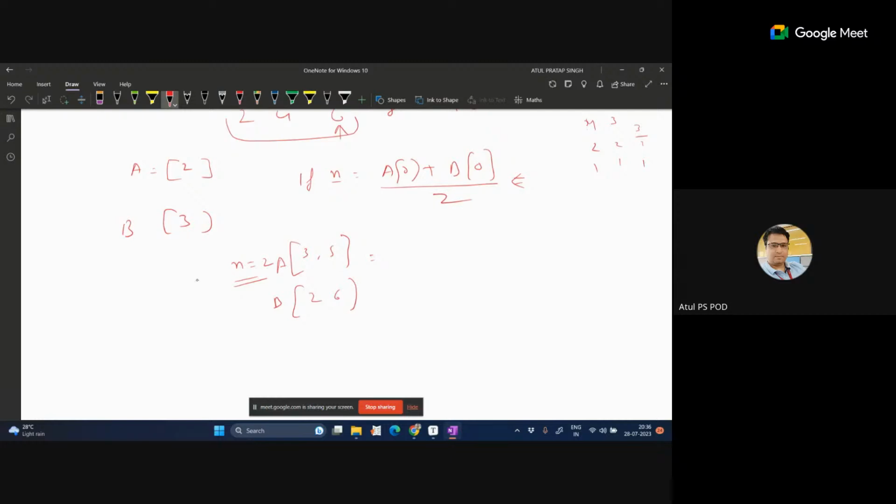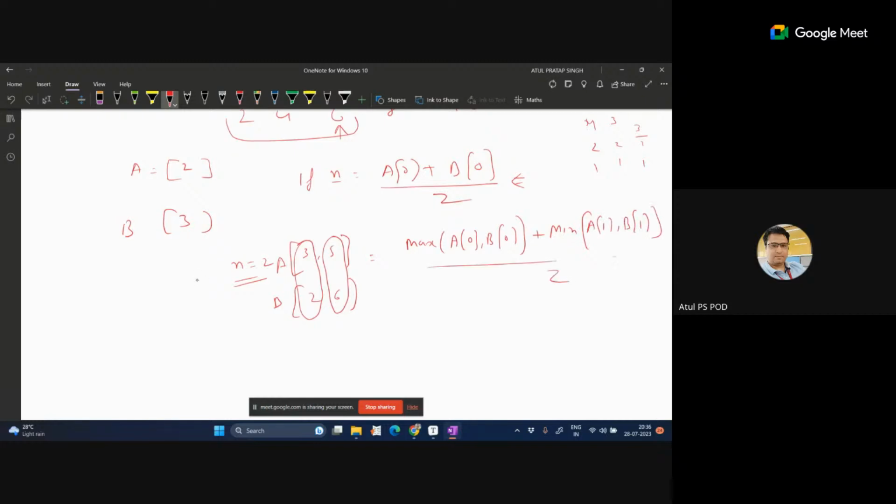We can simply pick the maximum of these two and the minimum of these two. So maximum of a0 and b0, plus minimum of a1 and b1,